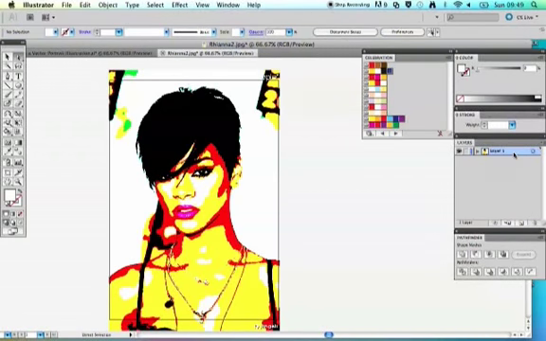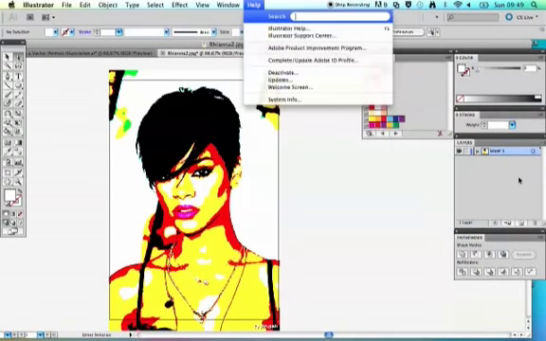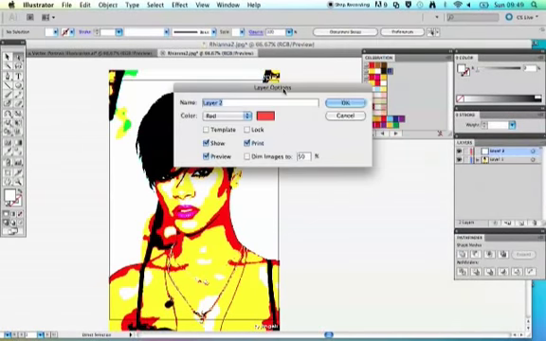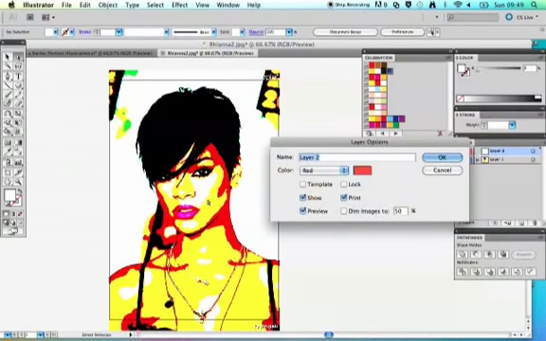I'm then going to create some new layers, so you need to have your layers palette open from the Window menu. I've got mine open, and then just create some new layers using the little drop down menu. You want to call them the same colours as you've got on your image, and obviously I've got yellow, orange and black. I'm going to ignore the pink because there's only one instance of that colour. So black,